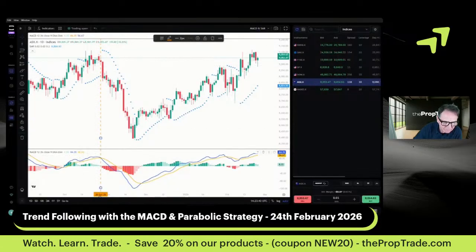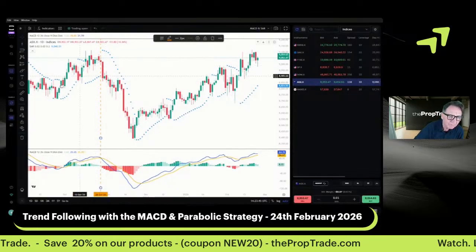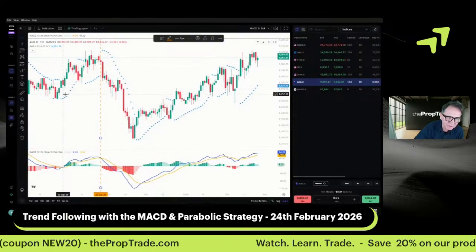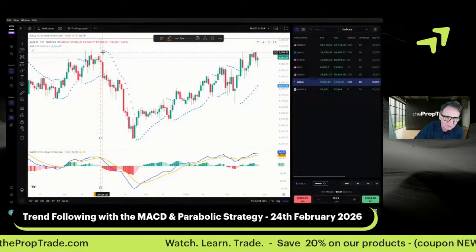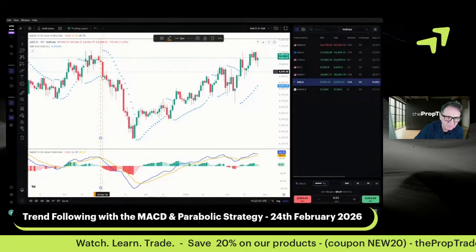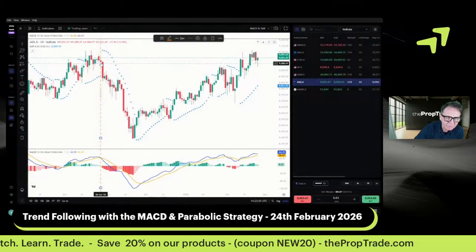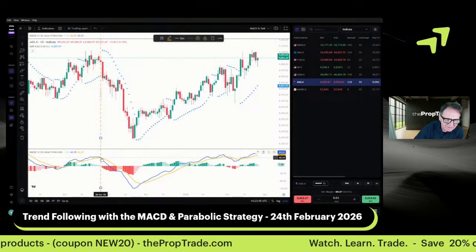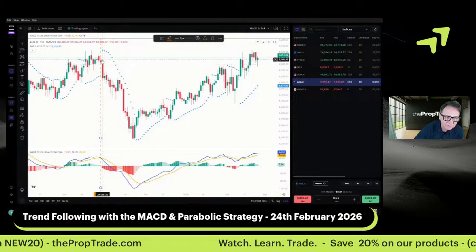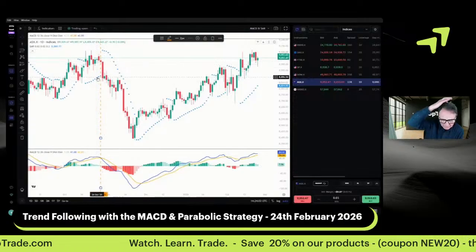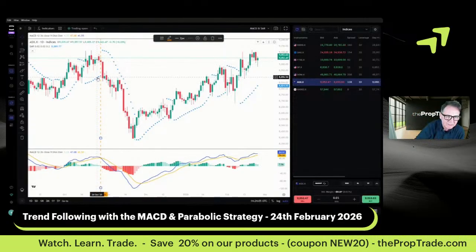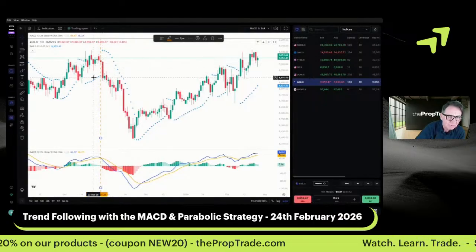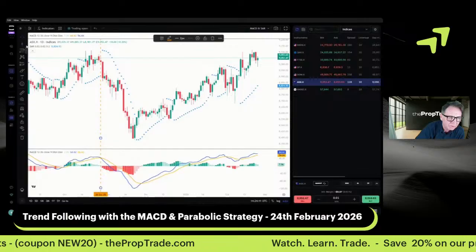Here, whenever this was, the 28th of October, market had been going up. Parabolic SAR had been most of the time underneath, but the parabolic SAR still hadn't flipped to above. At this day here on the 28th, the parabolic SAR was still underneath, so it hadn't flipped. So the MACD signaled there, but a confirmed entry was when the parabolic SAR flipped from below to above the price action. We had a big move down, so this system on this time frame would have triggered an